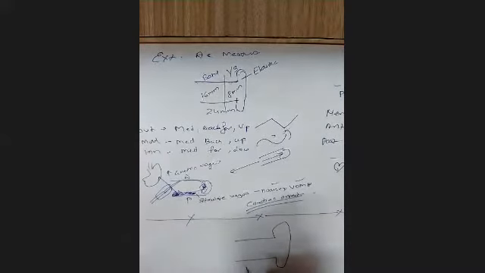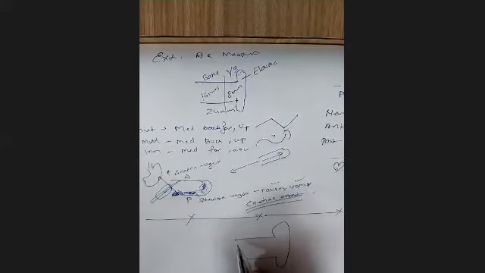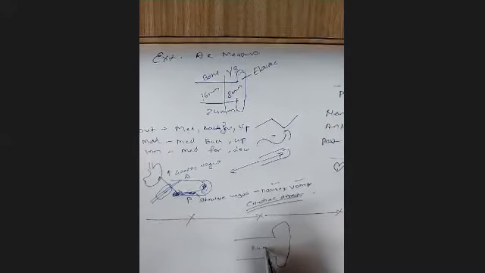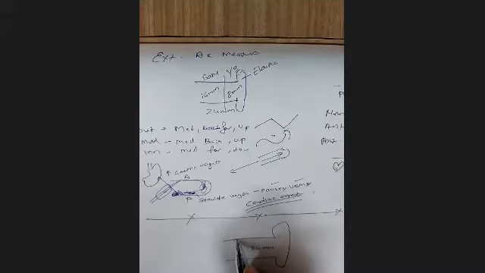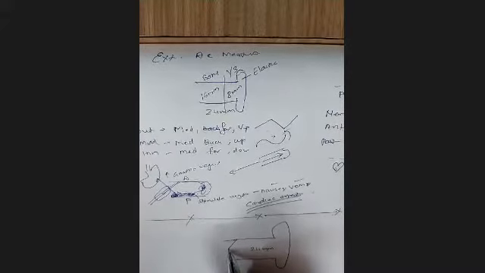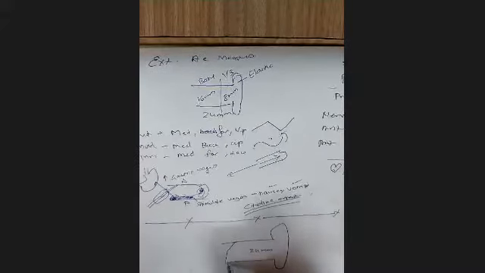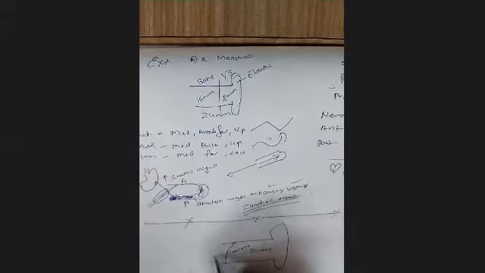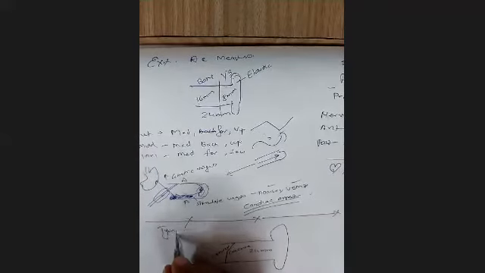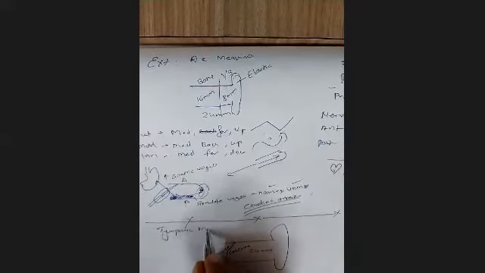Now when we go a little bit inside, this whole passage is 24 millimeters. Then we reach a point where we start seeing the tympanic membrane, and this is how the tympanic membrane is. It is concave from the inner side and convex from the outer side. So this is our next topic, that is the tympanic membrane.